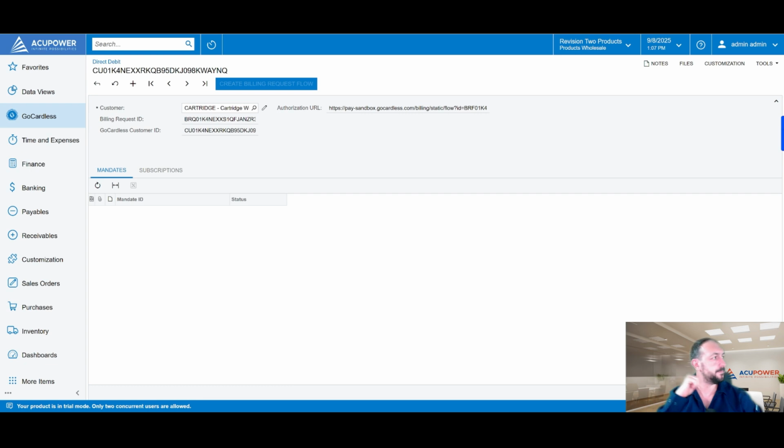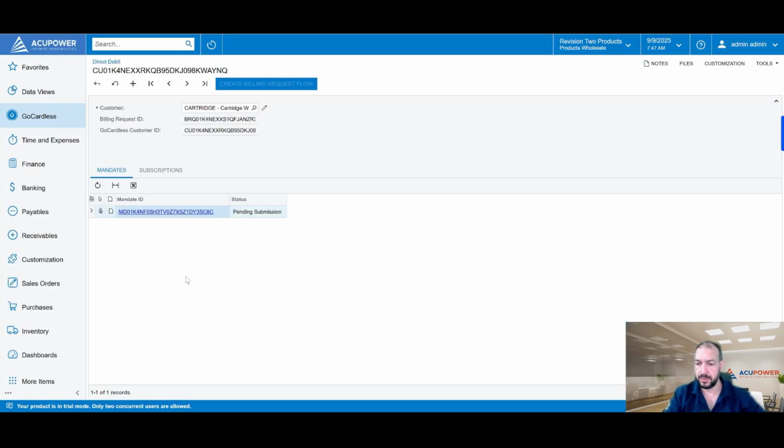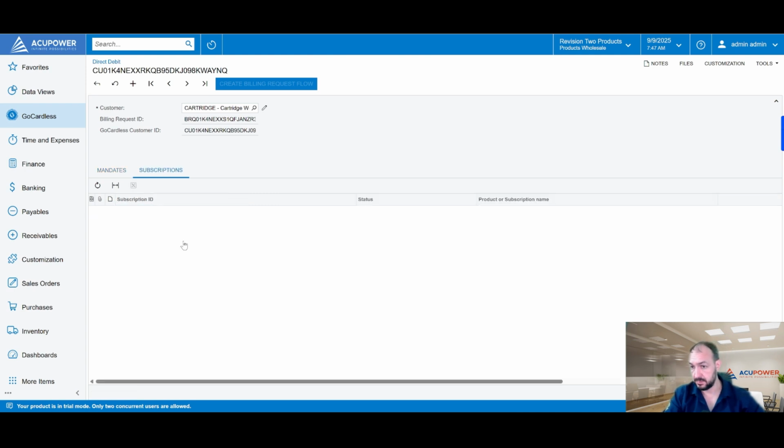Easy as pie. To sum up, in case you know anybody who needs to have Bacs Direct Debit, Instant Bank Pay, SEPA Direct Debit, ACH, and somebody who may need streamlined payments and subscriptions, as you can see our integration supports, then you can drop a line at